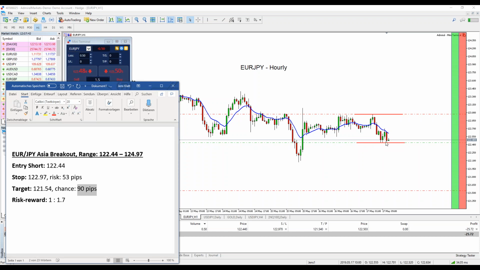As you can see here, again, 10-15 minutes ago, the sell stop was triggered here. And now what we hope for is that EURJPY takes on momentum on the downside, hopefully reaches our take profit region. I can already see a question here, which is, why have you chosen 1 to 1.7 as the risk reward ratio? This is based on a